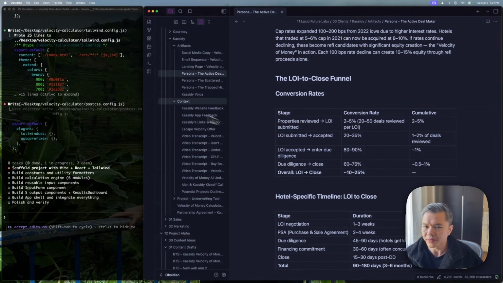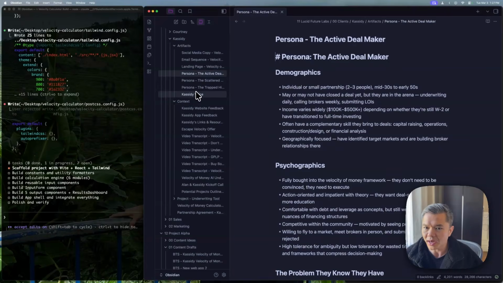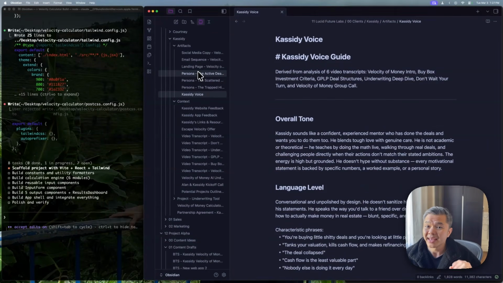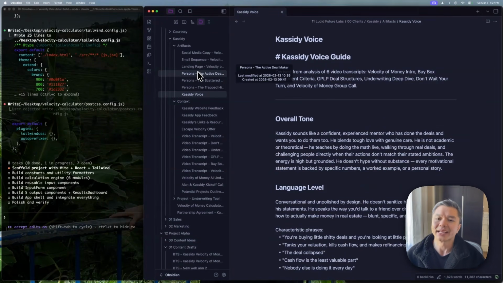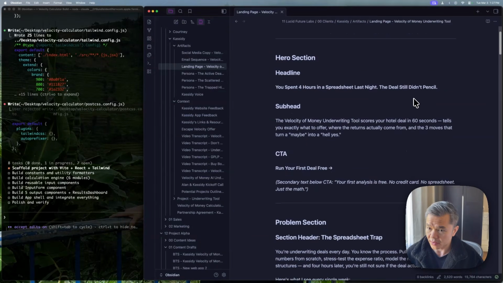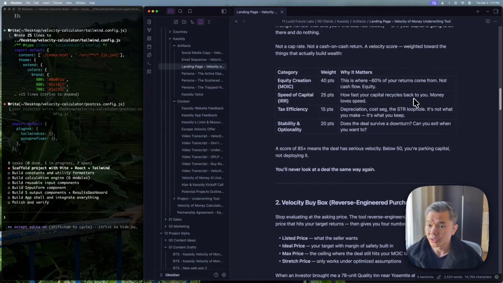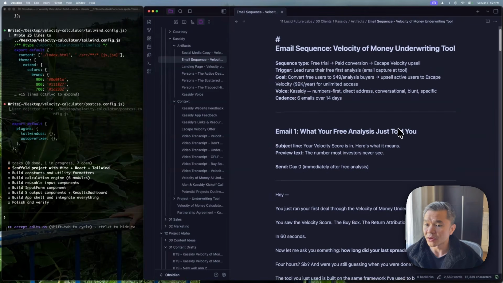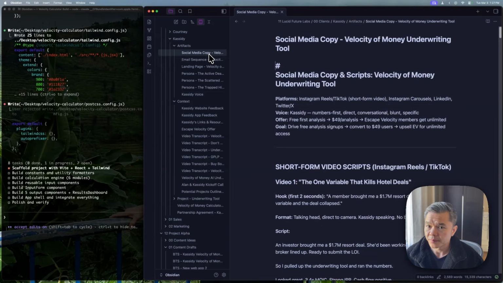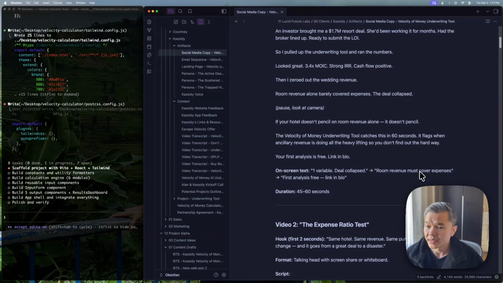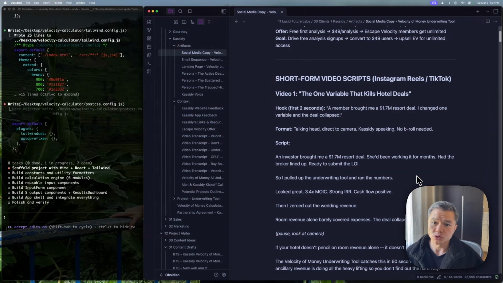The power of this is that the persona documents and the voice document guide the marketing assets we created for Cassidy. I was able to create copy for a landing page, an email sequence, and social media copy for different short form videos that Cassidy could use to promote the tool or anything really.